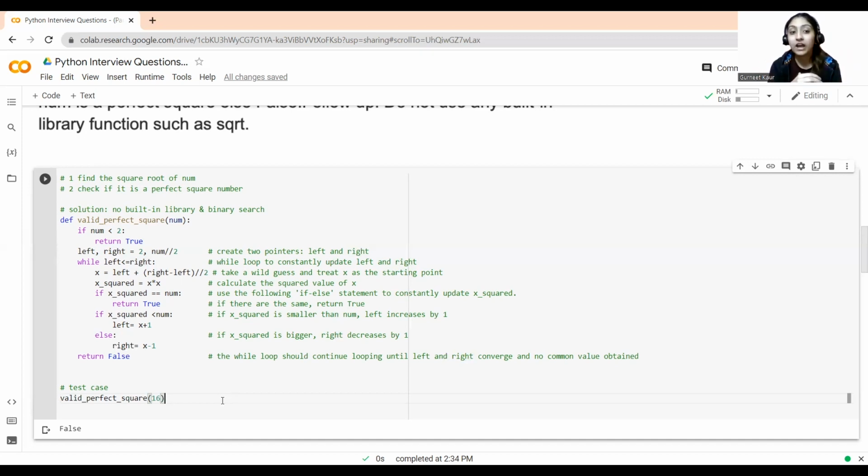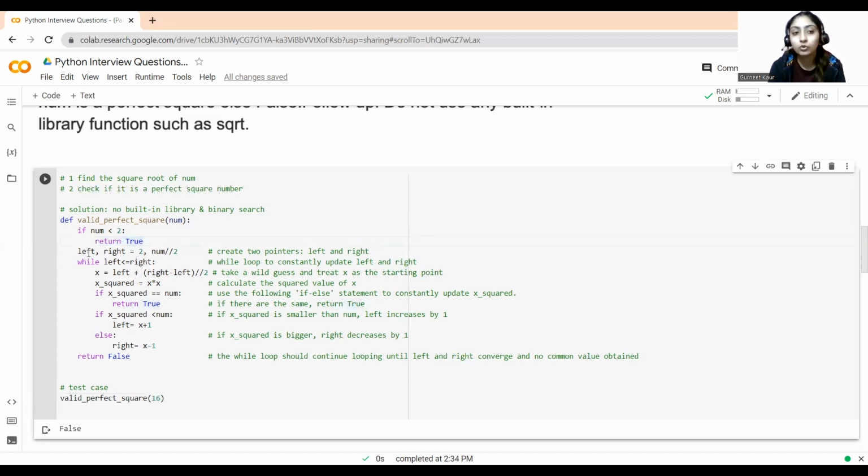But for example, if I have a number 8 and we need to check whether it's a perfect square or not, in that case I'll see 2 squared, 4, which is less than the original number. So we'll shift to our next number, which is 3. 3 squared is 9, which is greater than the original number, 8. So in this case it's not a perfect square, and it will give me a false value. This logic has been implemented here: if the number is less than 2, it will return true.